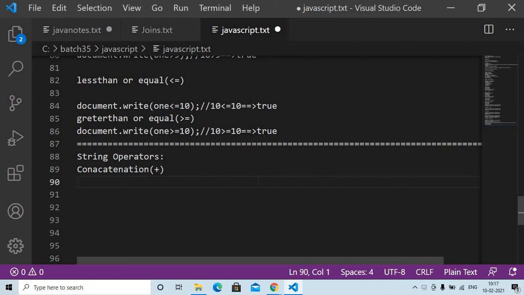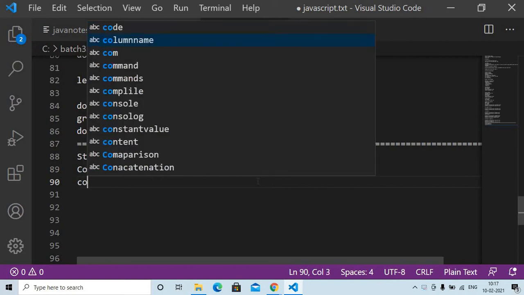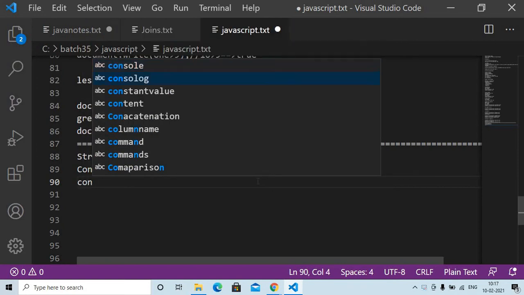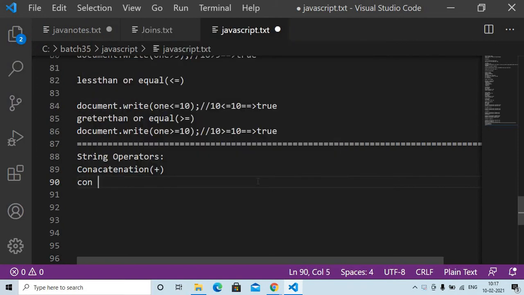String operators, concatenation and concatenation assignment. Okay, so you want to assign the values, we are using the equal to operator, right? So here also you can use plus symbol then equal.